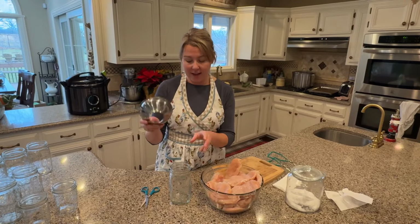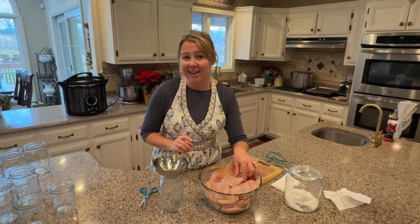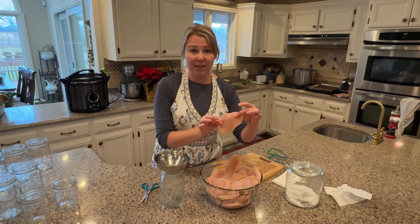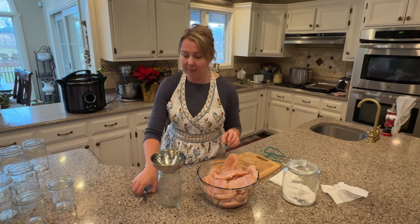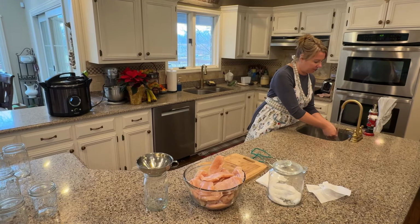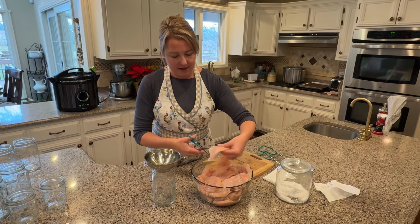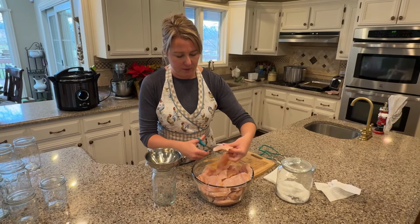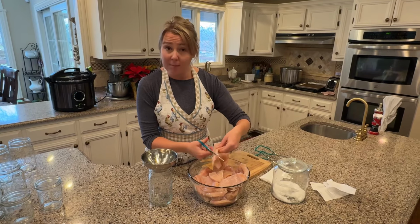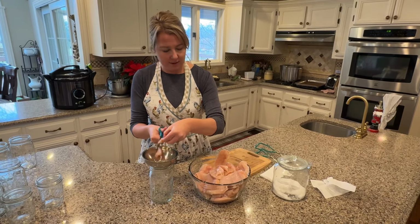Okay, so now I have my canning supplies here, and I was lucky enough to score some of this chicken. It's actually thinly sliced, so that's going to make my job a little easier. I'm going to give these scissors a quick wash, and I'm going to use them to cut slices and cubes of my chicken, and we are going to raw pack these right into this jar. So just like this,